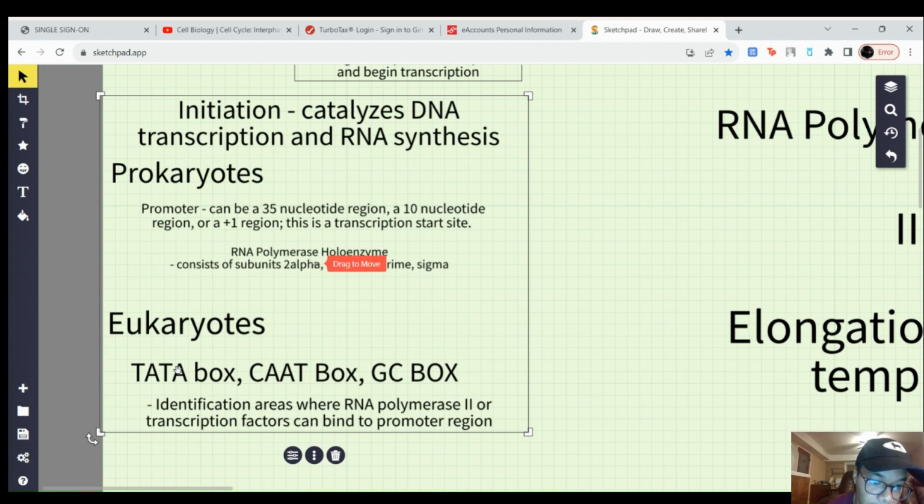In eukaryotes, we have sequences of nucleotides that signify the start of the promoter region. So we have the TATA box, which is thymine, adenine, thymine, adenine. So it's thymine, adenine, repeat. And they call them box. Yeah, that's just what it is. Then you have the cytosine, adenine, adenine, thymine box. Then you have the guanine, cytosine box. And these are all identification areas where RNA polymerase II, which transcribes mRNA, binds. We'll go over the different RNA polymerases shortly,